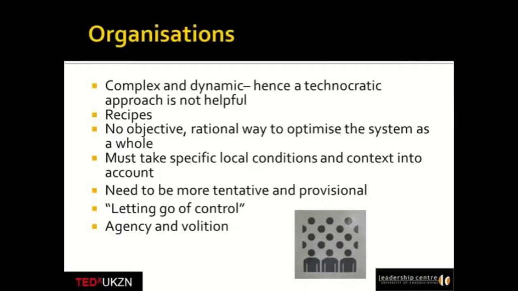Now, this might raise a debate: does that mean we just become fatalistic because, in complex systems, things will emerge and self-organize? What does it mean for human agency and volition? Well, by definition, agents have agency. We have volition, we have will, we have the power to act, and we must be responsible for those actions. None of what I'm saying suggests that we become fatalistic and let things just happen.